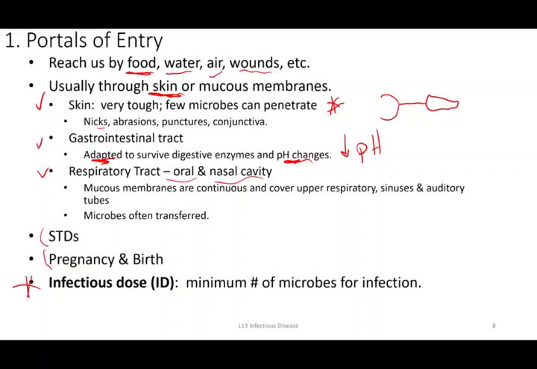So the last thing here is talking about infectious dose. This varies depending upon the microbe that we're talking about, but infectious dose is just defined as the minimum number of microorganisms necessary to establish an infection. So again, some don't require much at all, so it's very infectious. A low number leads to an infection, and then that can lead to disease. But others actually require a higher dose. So a low dose isn't going to lead to an infection or disease.